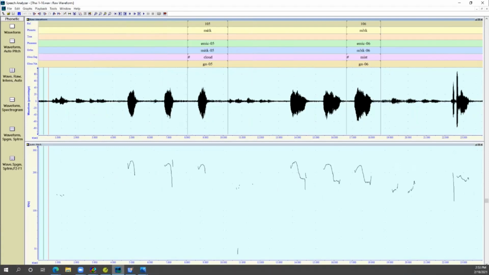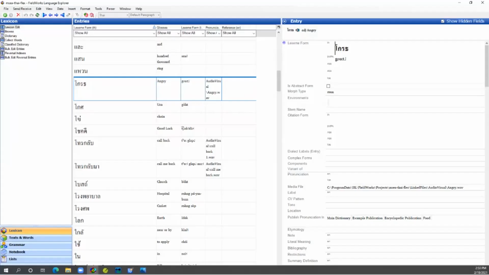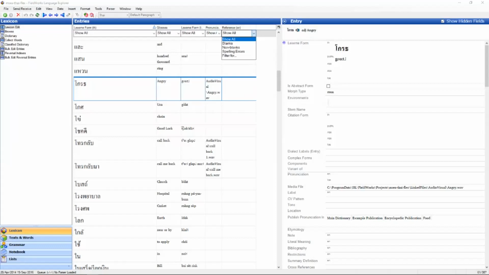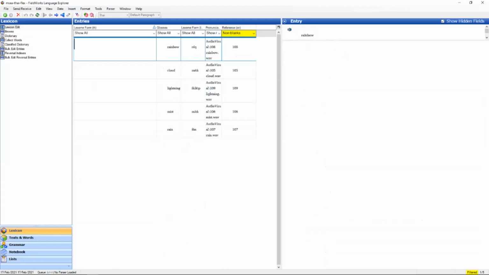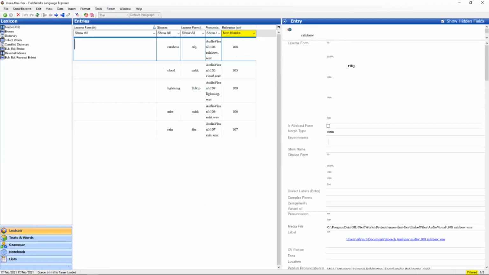And this is really fantastic in that if I reference non-blanks. So these are the words. I don't yet have Thai for these. So these are the words that I just imported from SpeechAnalyzer. You can see the reference 5, 6, 7, 8, 9. And so here's the IPA for it. What's great is the source for this word was not me typing. The source for this word was an audio file. And when you export it out of